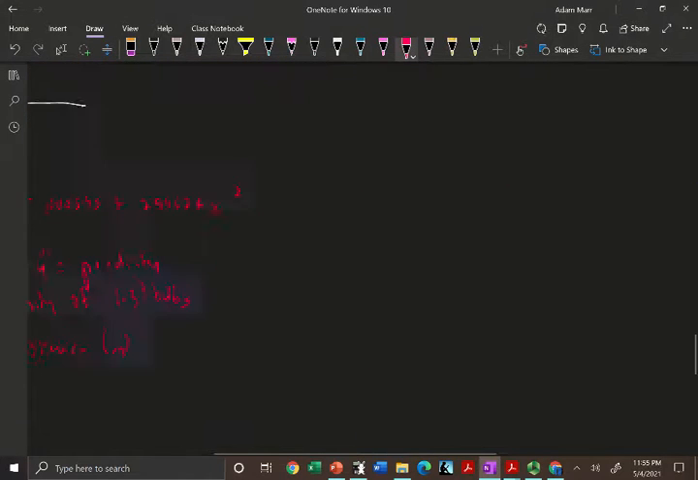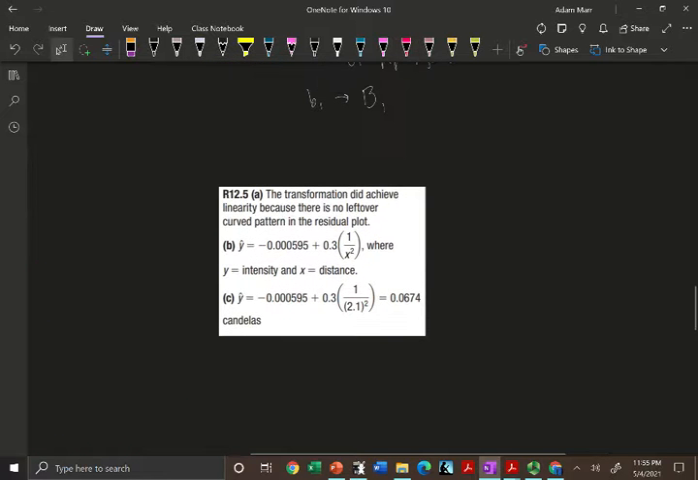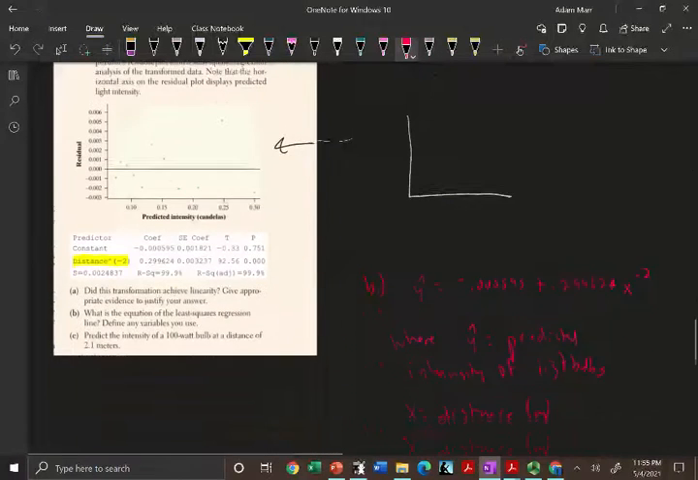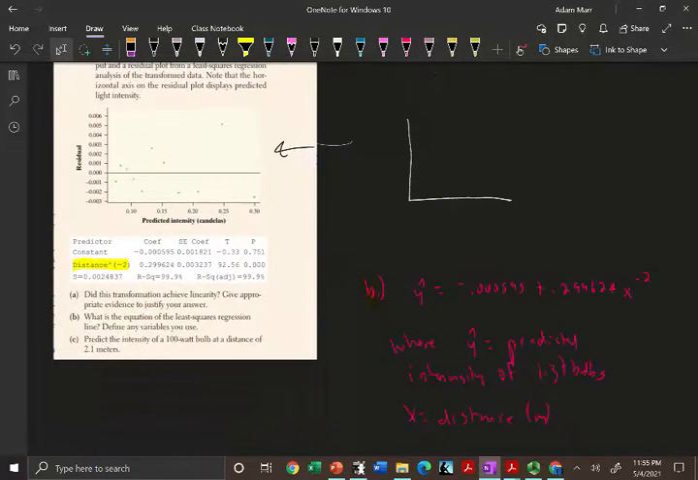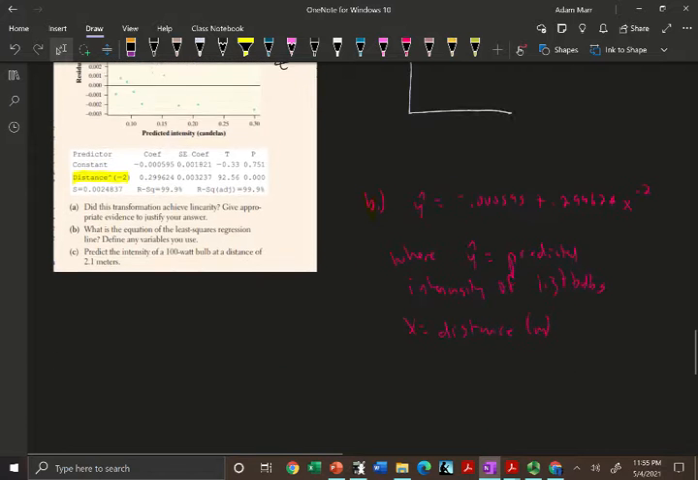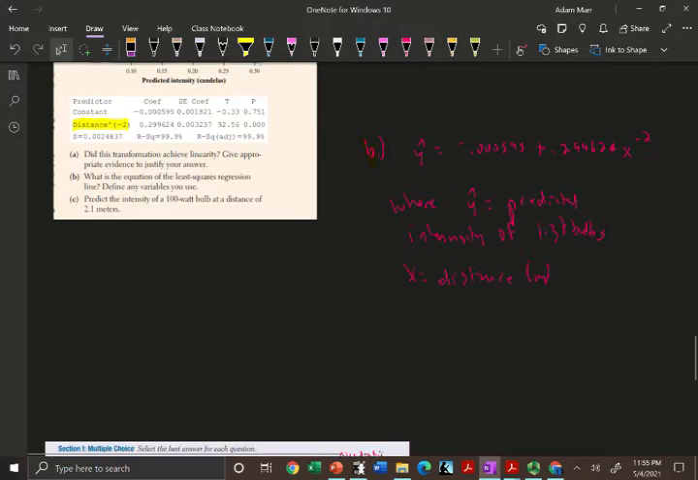All right, let's see how the book had the answer, something similar right here. Yep. Okay, they put 1 over x squared, but x to the negative 2 is fine, where y is intensity, x is distance. Perfect. Okay, C. Predict the intensity of a 100-watt light bulb at a distance of 2.1 meters. Okay. All right, so the distance is 2.1 meters. So we're trying to figure out the